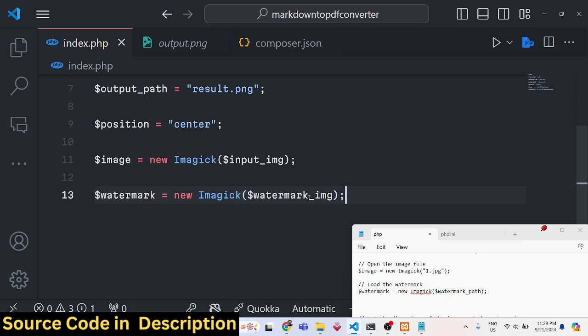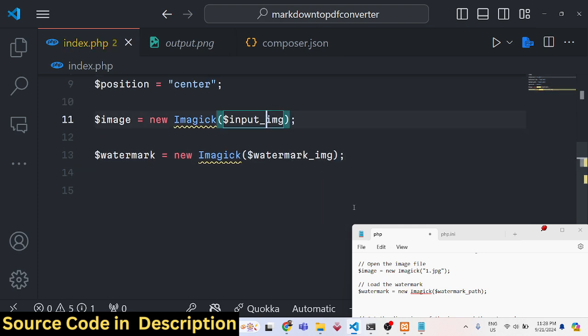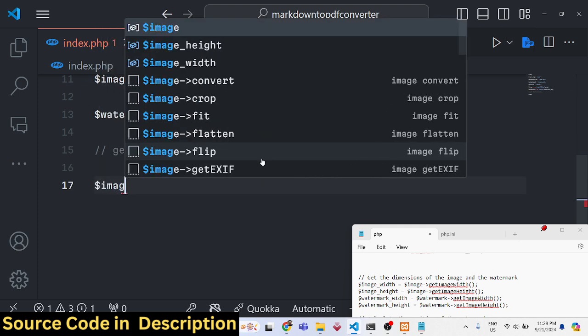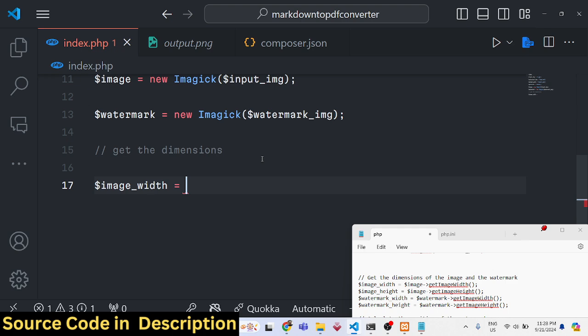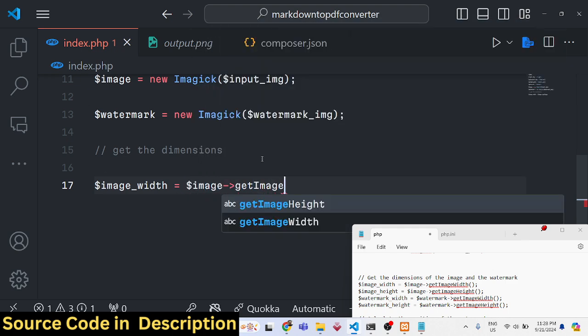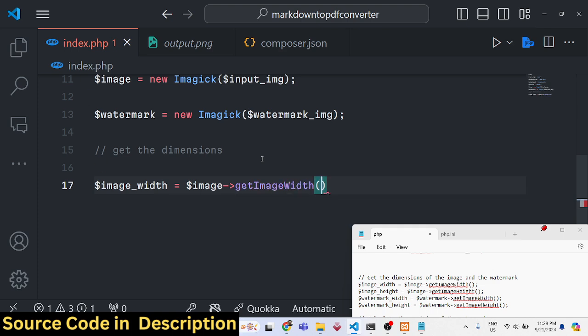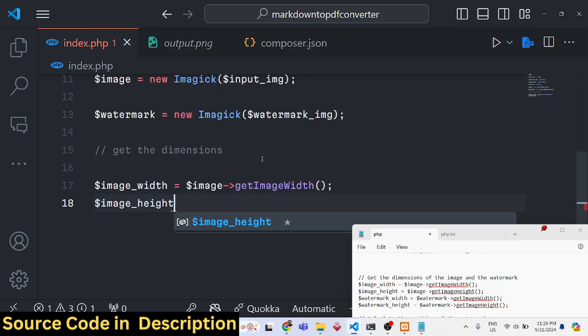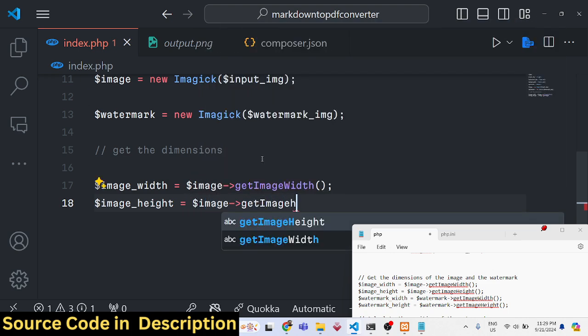After loading the input image and the watermark image, now we need to actually get the dimensions of both the watermark and the input image. We can do this using a function which is available inside ImageMagick. This getImageWidth is the function which will get the width of the image. Similarly, to get the height we use getImageHeight,